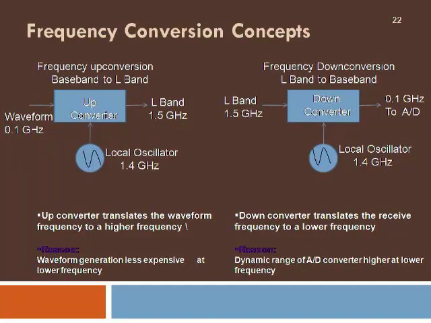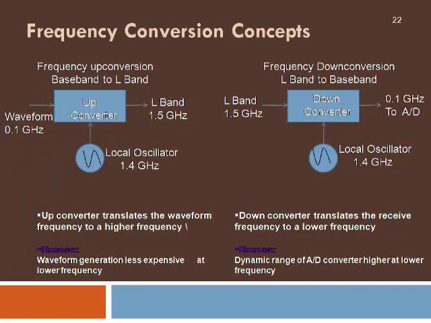That means it is also going to be the same device like the earlier case, but now the difference output will be selected by the filter. So the 1.5 gigahertz input signal is mixed with the 1.4 gigahertz local oscillator signal. The difference between these two, that is the 0.1 gigahertz signal, will be coming out because of the selection of the filter for the difference signal. This can be easily down converted if required or converted into digital form for the processing.